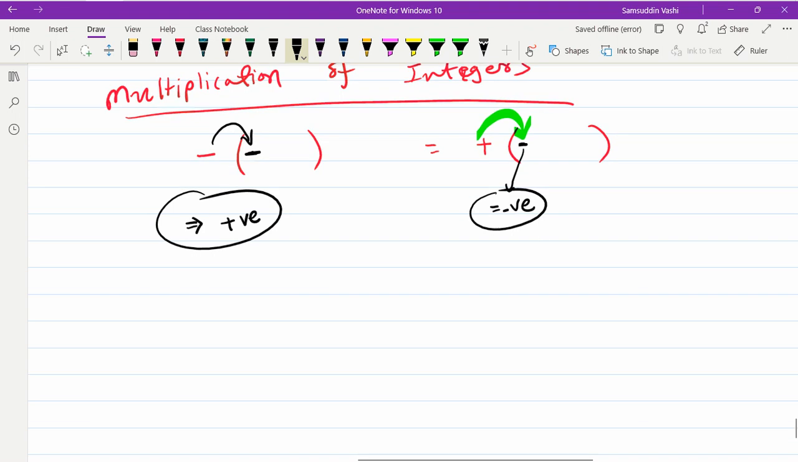All right. So that's the simplest rule now. Negative times negative is positive, and positive times negative is negative. Right. In short, in multiplication, two negatives